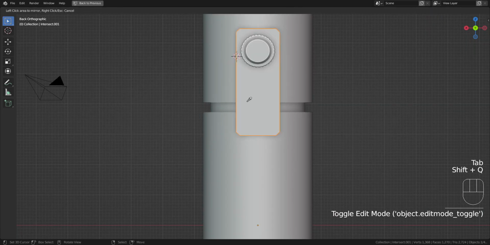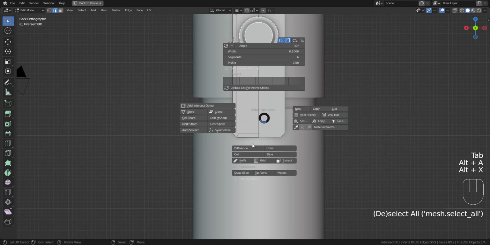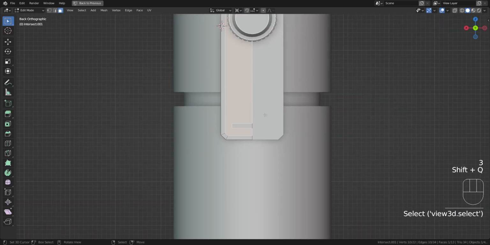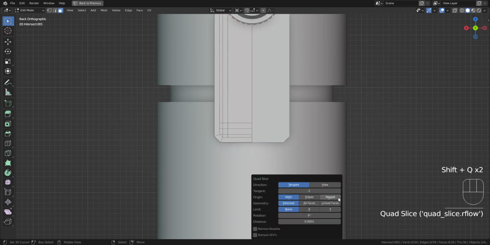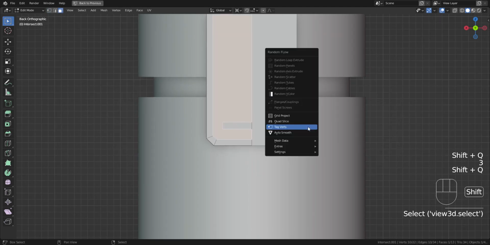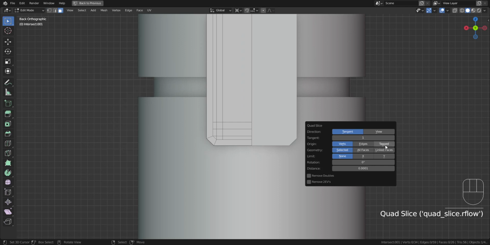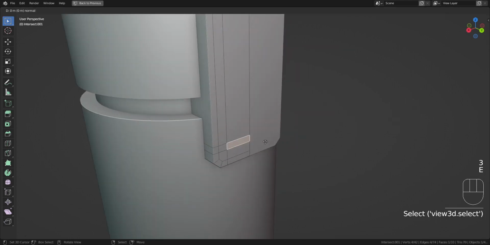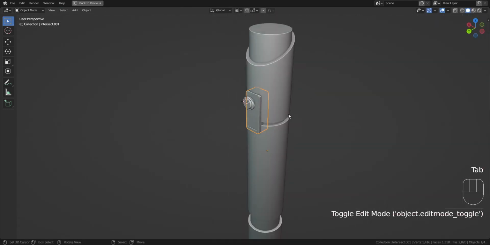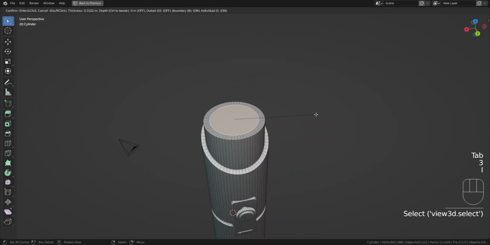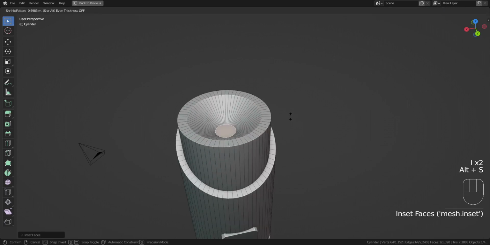Actually, let's symmetrize this. Auto mirror to X. Then I'll cut on this face here. And try to codify using code slice. Let's just use this verts, tag verts, tagged and linked faces. Okay, and then extrude it in to give it a bit of a design. And let's create what's going to be the source of the